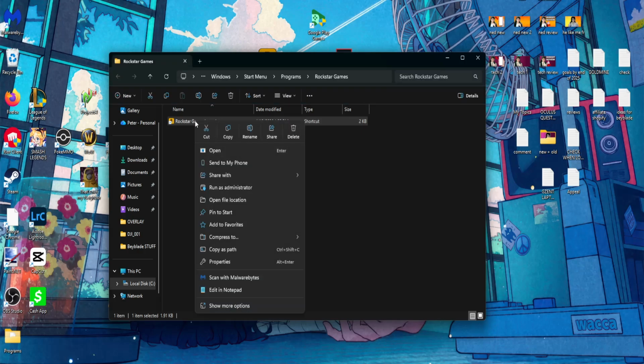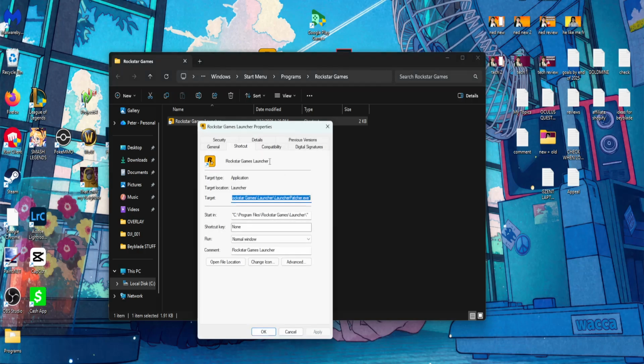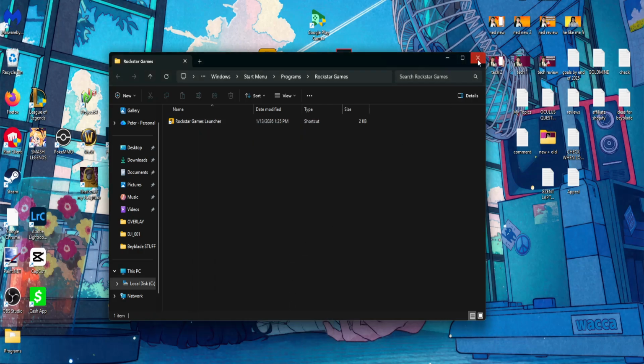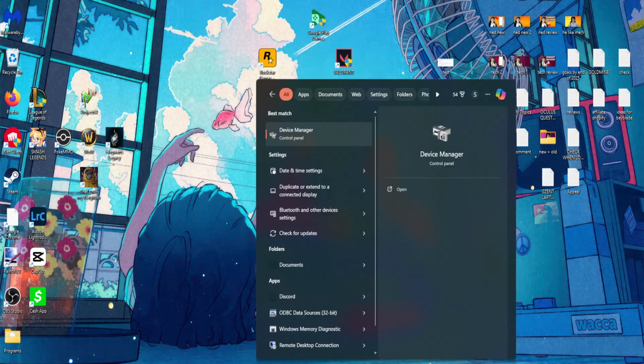Now you want to right click on it again, show more options, properties. Go to the compatibility tab and check these two options. Disable full screen optimizations and run this program as an admin. Click on apply, click on OK. Once you do this, if it doesn't work, we can proceed to the second method, which is going to be